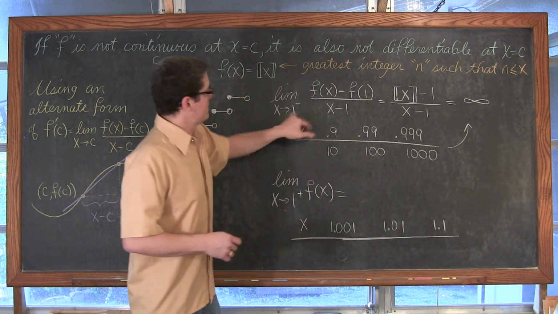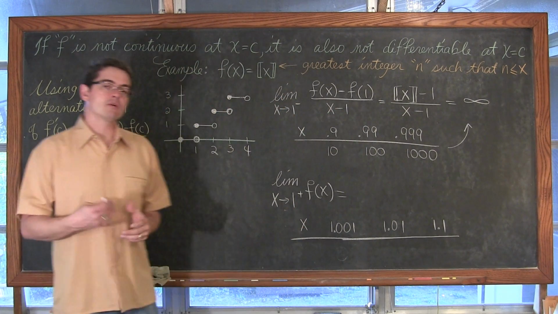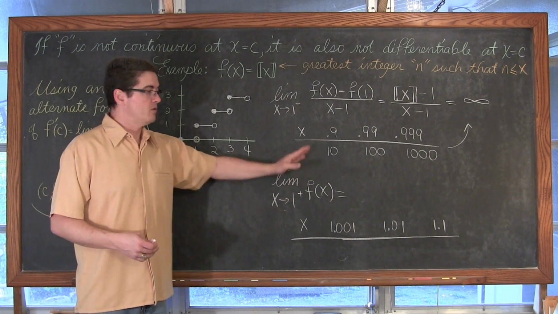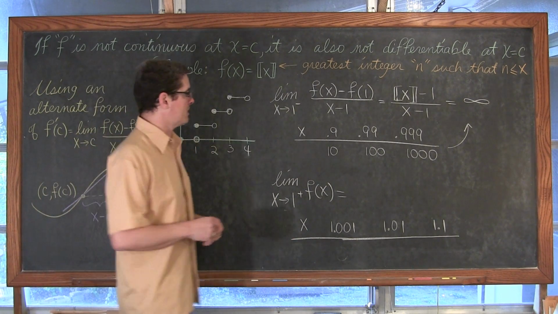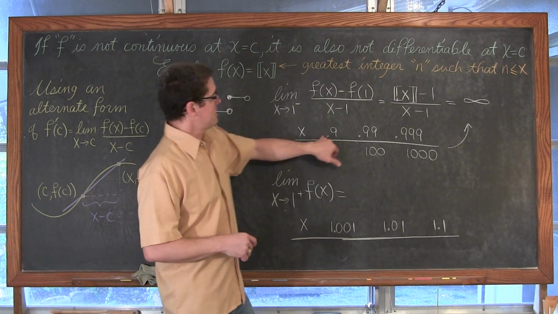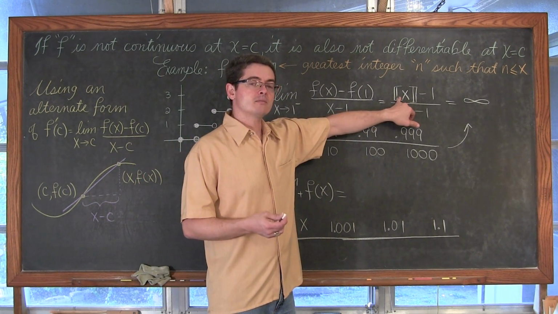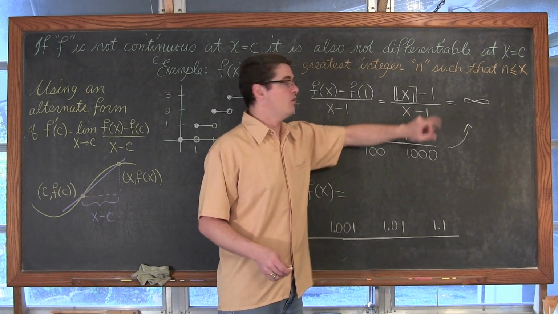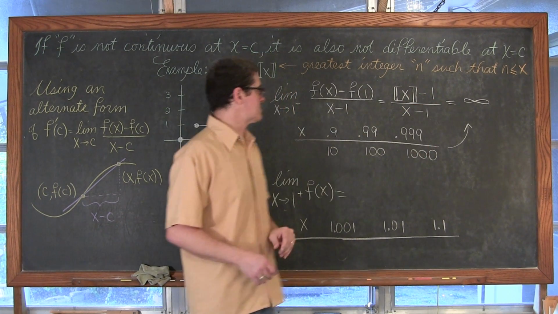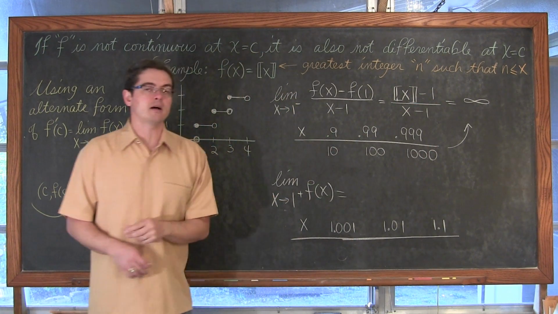There's no easy way to get rid of the x minus 1 in the denominator, so we're going to find the left and right limit using tables, just like we did in the first start of learning about limits and finding them numerically and graphically. We're going to let x equal 0.9. Well, if I plug 0.9 into my greatest integer function, it's going to give me 0, and 0 minus 1 is negative 1 over 0.9 minus 1. Well, you end up simplifying that, you get a value of 10.